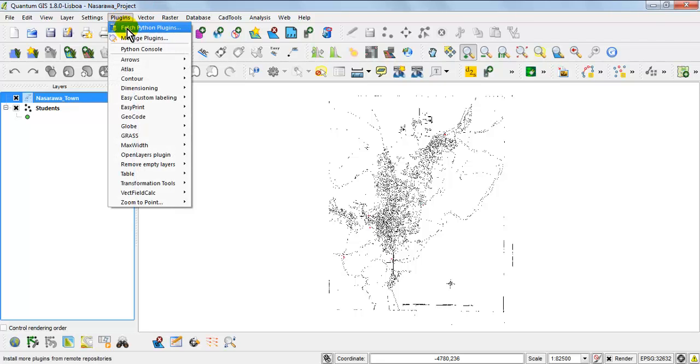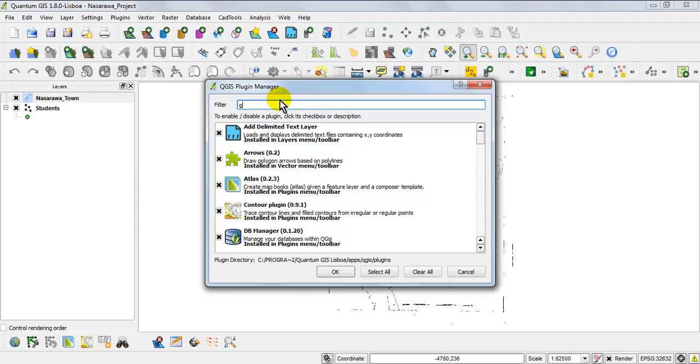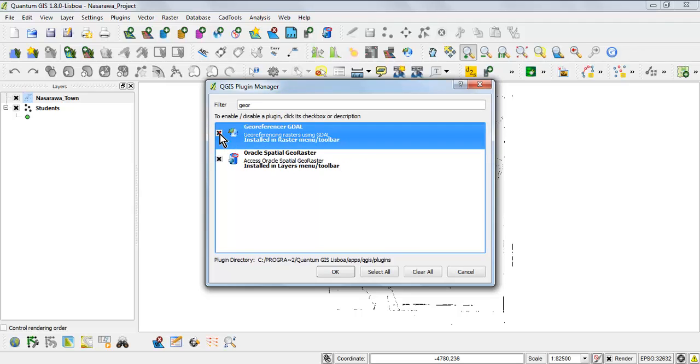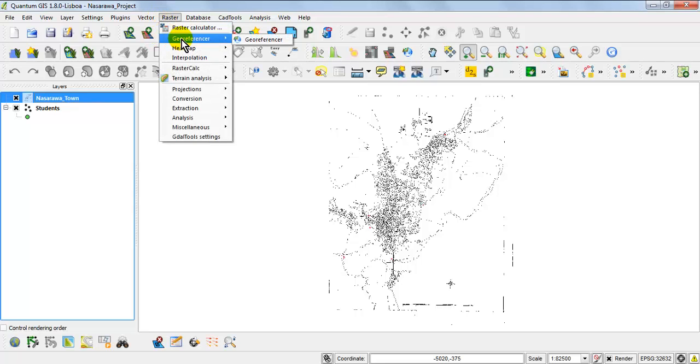Go to the plugin menu, then manage plugins, then search for georeferencer, and then make sure it's checked. If it's not checked, check it and then click on OK. Doing that will enable you to see the georeferencer option under the raster menu.